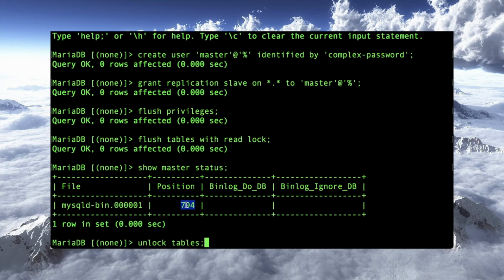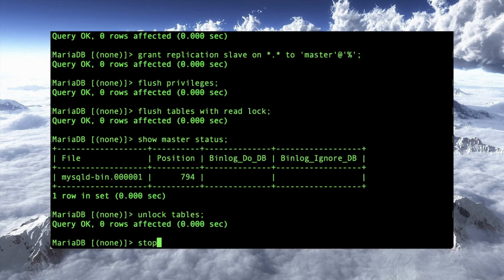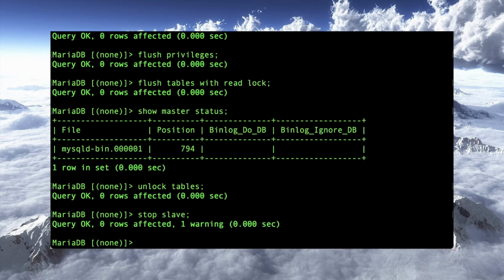Now that I've got that set up and running, I'm going to unlock tables, and I need to set up the other master-slave relationship going the other way. So we can stop slave, and we'll say change master to, this is going to look like a very familiar command, just everything's going to be a little bit backwards. So master host for this guy is